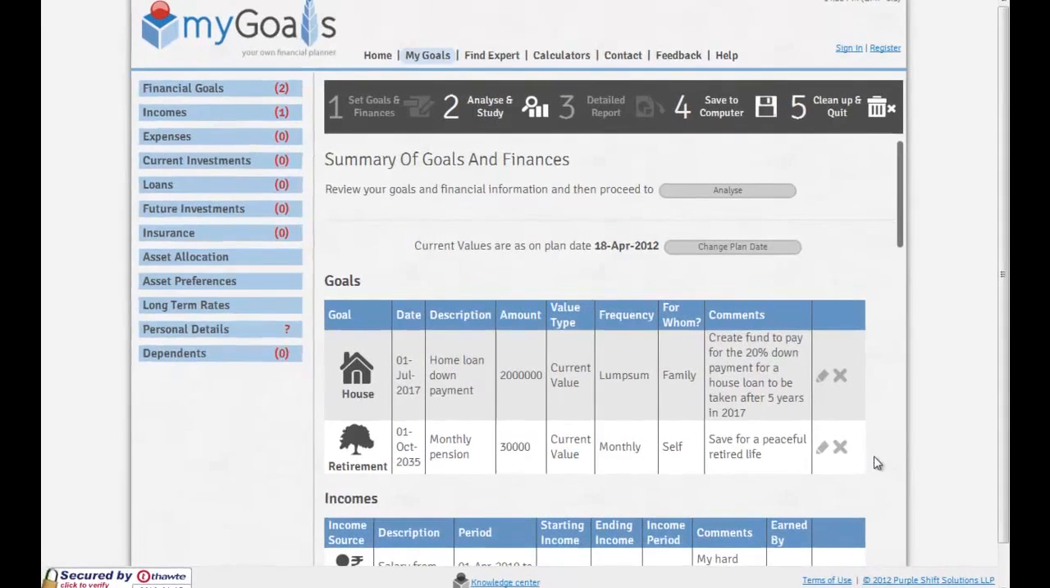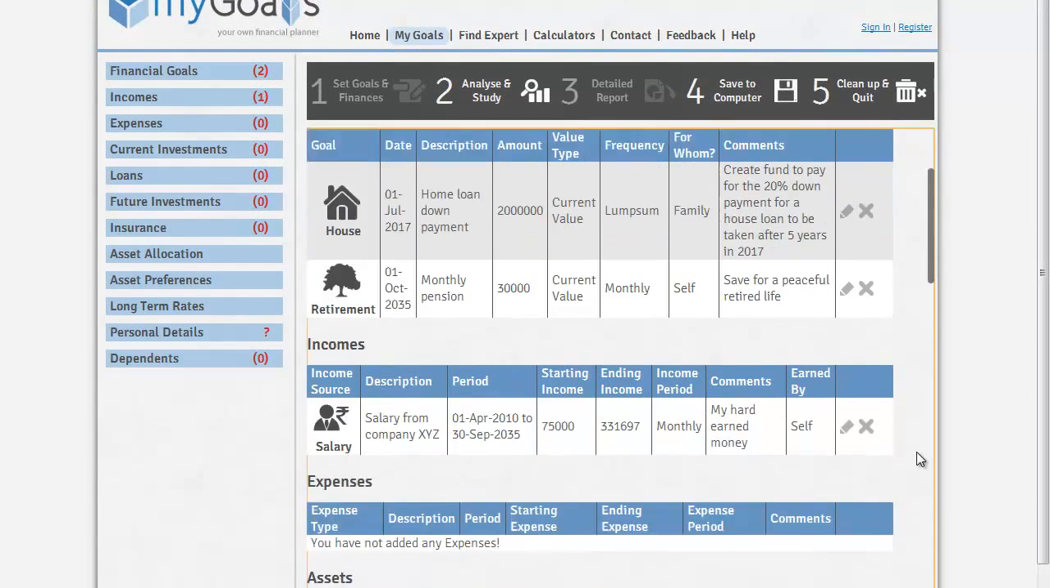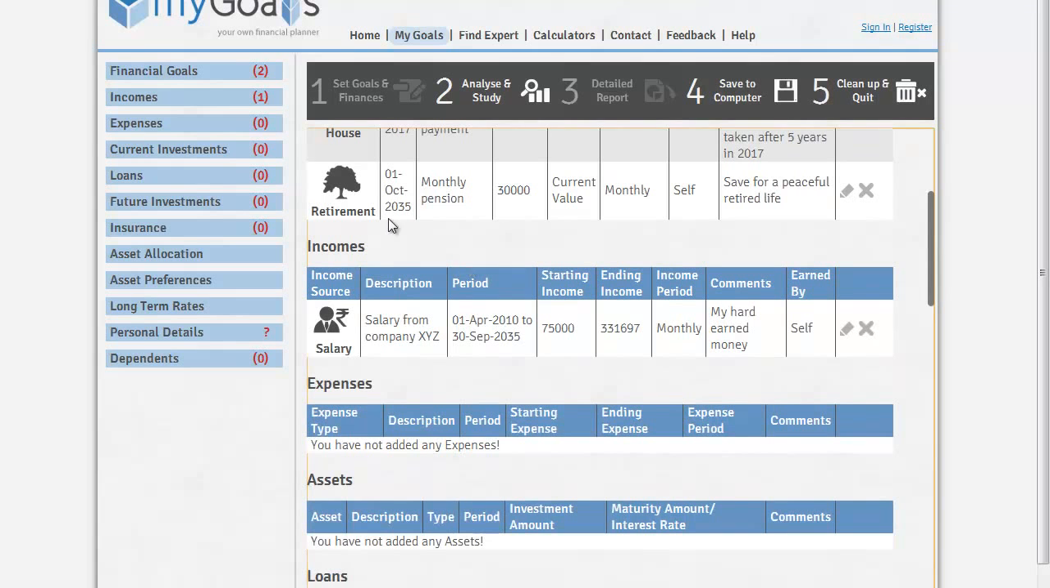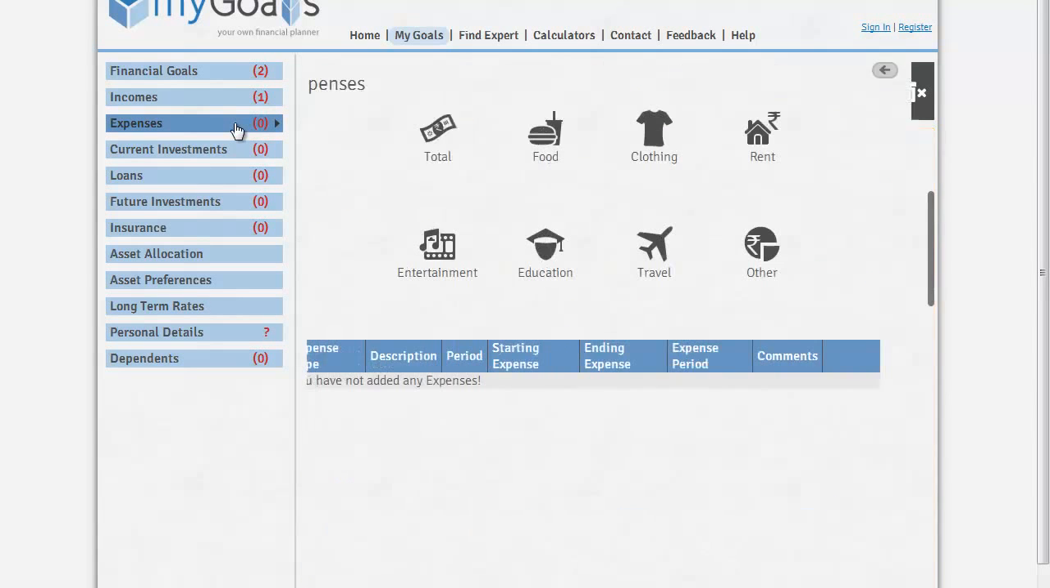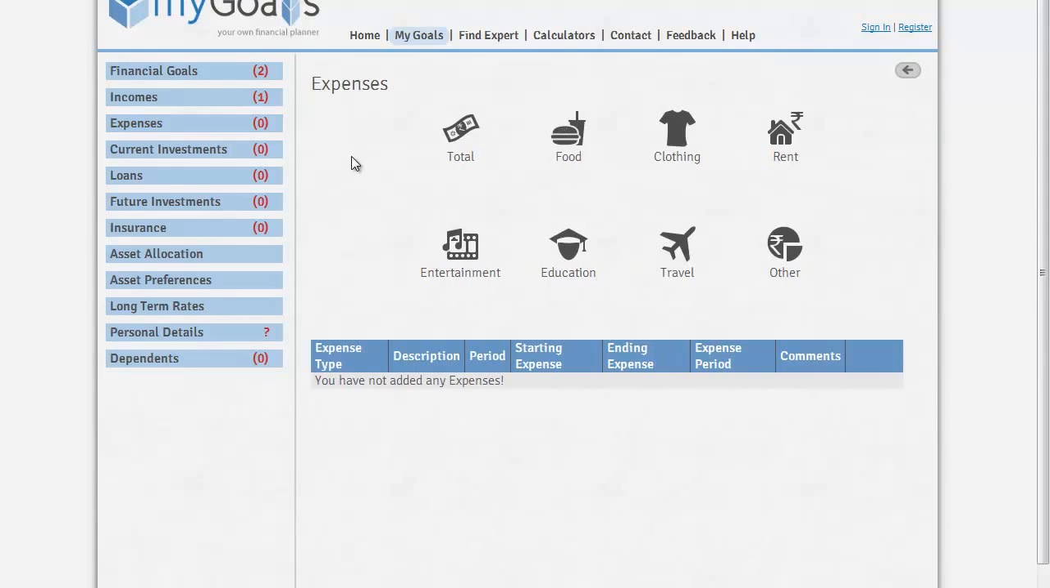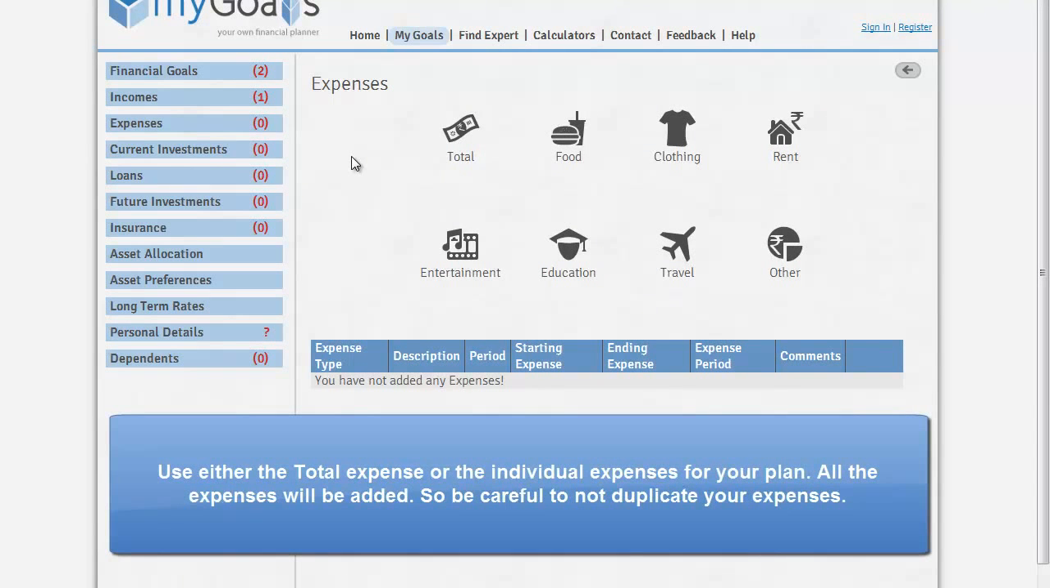Next, we will add some expenses that you normally have. So currently there are no expenses added. We are in stage 1 where we set goals and collect our financial information. So when you click on the expenses tab, the panel gives you common options of where you would spend your